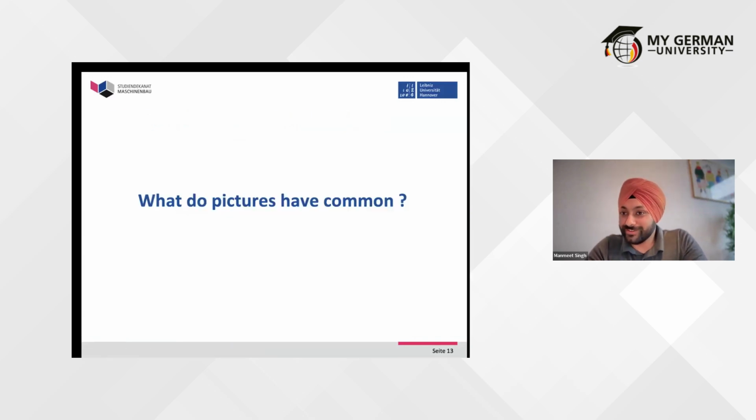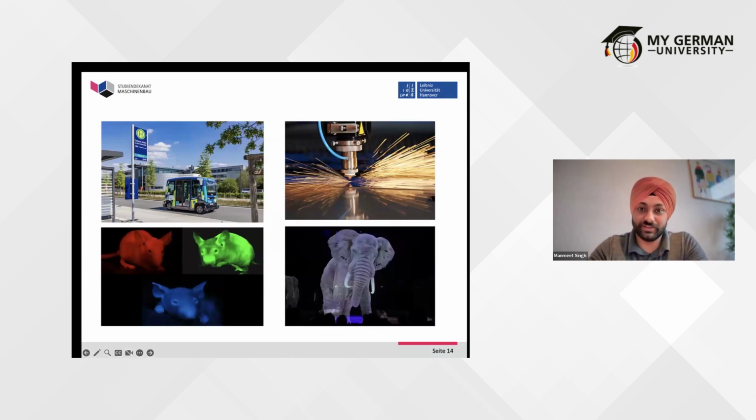So I brought some of the examples with me just to give you an expectation that optics is a very vast field. In the industry, we call it the smartphone of industry, because you can use it anywhere. The first picture is a NEMO, an autonomous shuttle vehicle which moves between the train station and our mechanical campus.